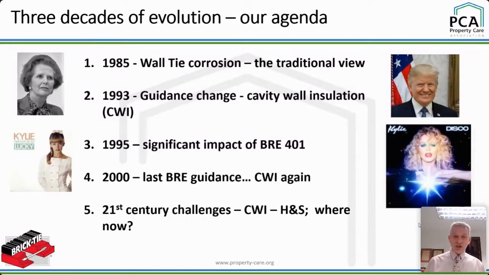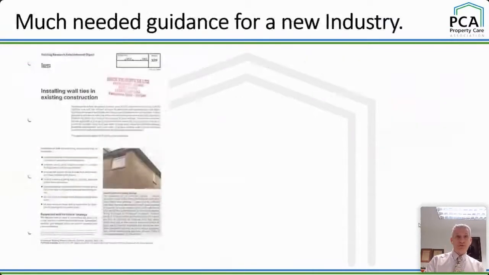We'll get on to the changes, how the industry had to evolve, because initially wall tie corrosion was just about wall ties. We weren't worried whether properties had cavity wall insulation. We didn't have any guidance. In 1988, the guidance was issued, but then it was reviewed in 93, and things started to move on. In 95, we got BRE 401, which is a fabulous document with a lot of useful detailing. In 2000, we saw further reviews, and every time this happened, we had to change. Okay, and I'll bring you forward onto how things are done now.